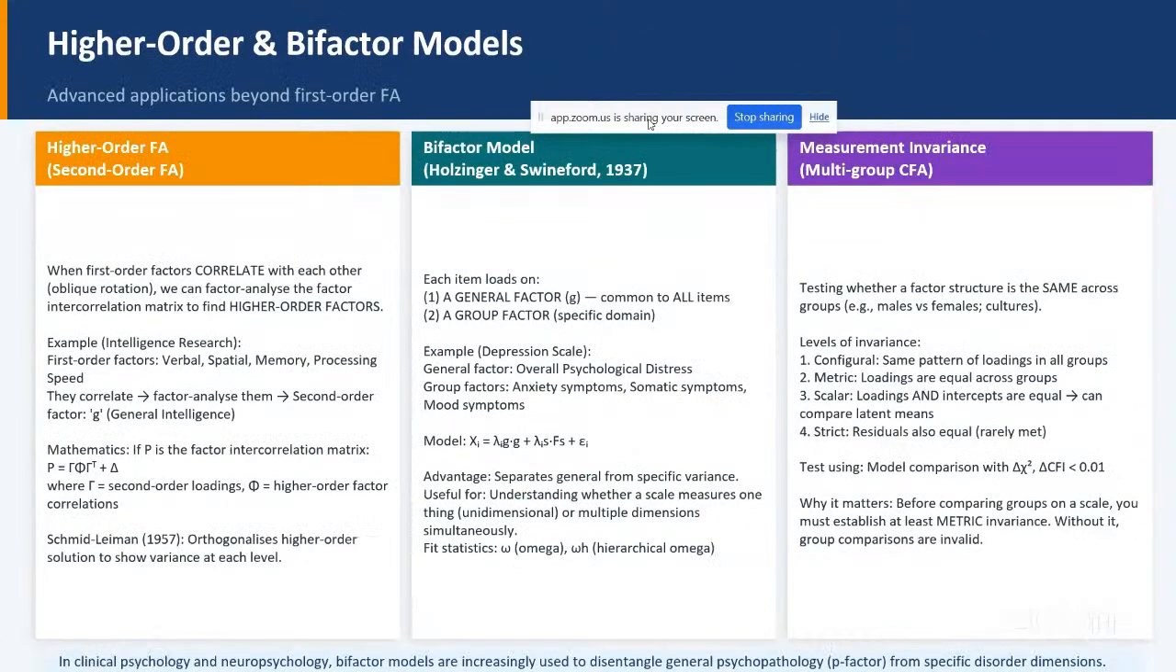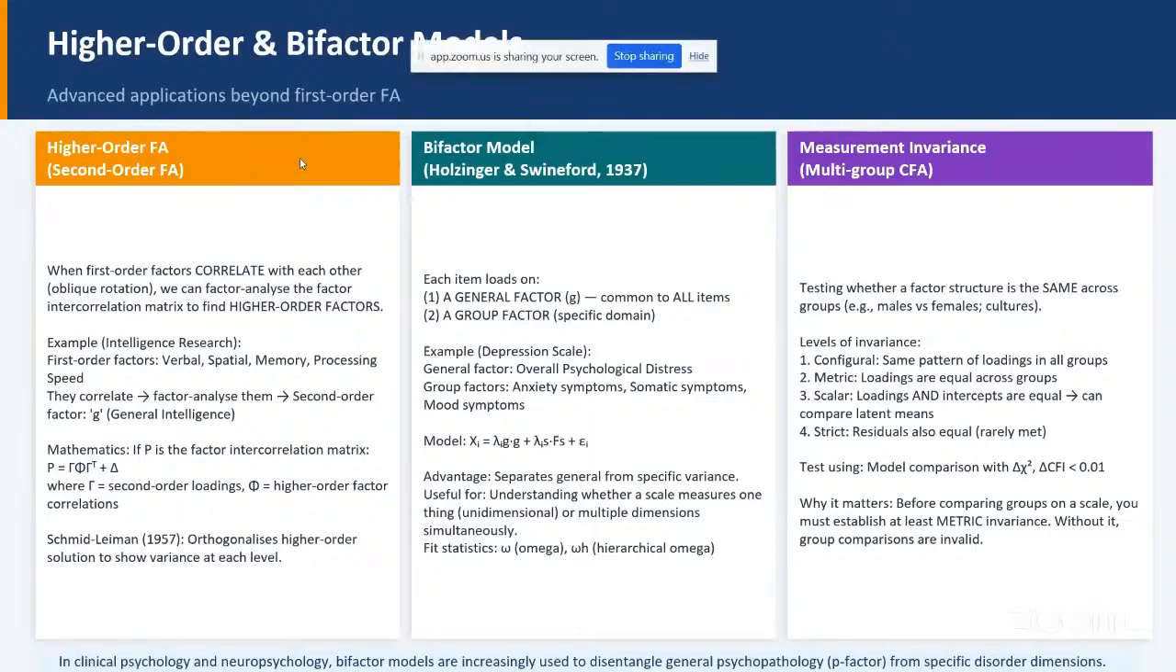So these are higher order factor analysis, the bifactor model, and measurement invariance. I am going through the concepts a bit faster because we have many things to cover. So, what is higher order factor analysis? When first order factors correlate with each other, that is oblique rotation, we can factor analyze the factor intercorrelation matrix to find the higher order factors. Where to use it? Intelligence research, with first order factors like verbal, spatial, memory, and processing speed. These are the situations when we need to use